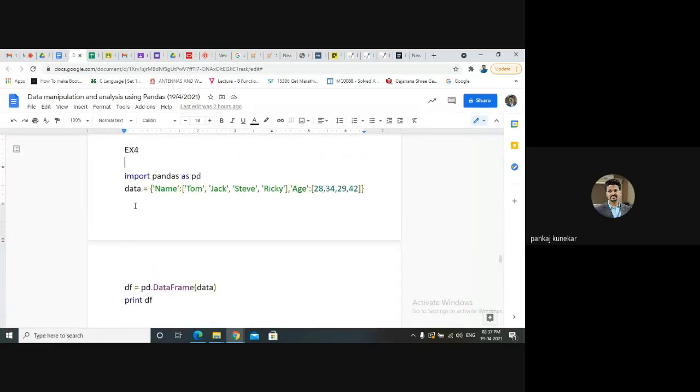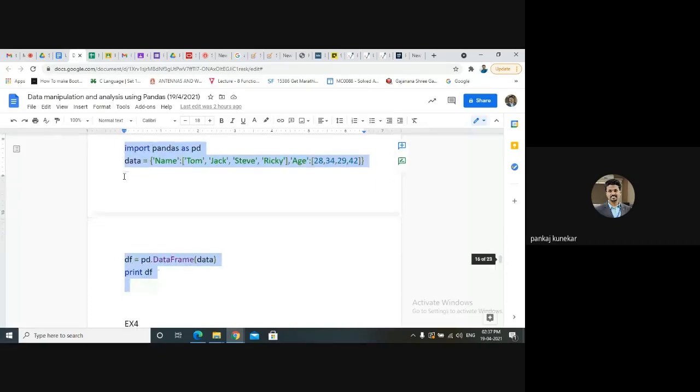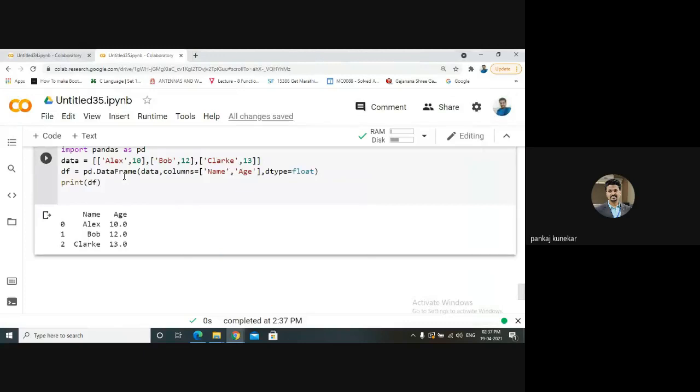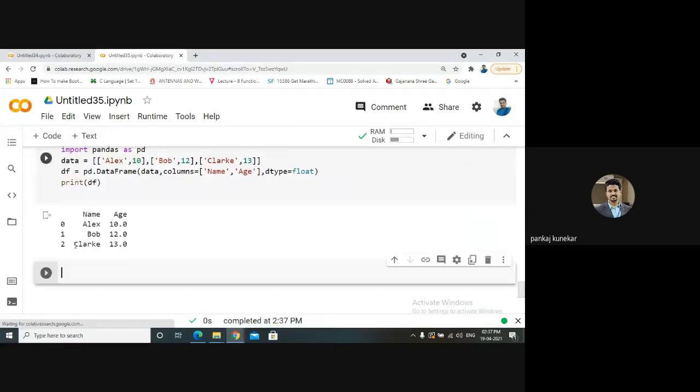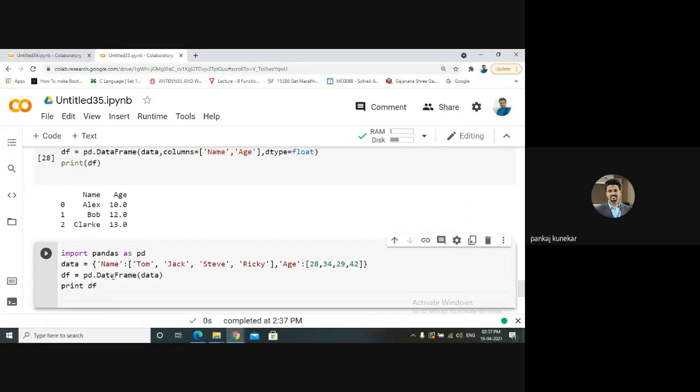Suppose we have created a dictionary. We can use the dictionary concept to give the column names. The same example with the dictionary, where the dictionary keys will be treated as your column names. Here the names are given and here the ages are given, and we are displaying df as the data frame.